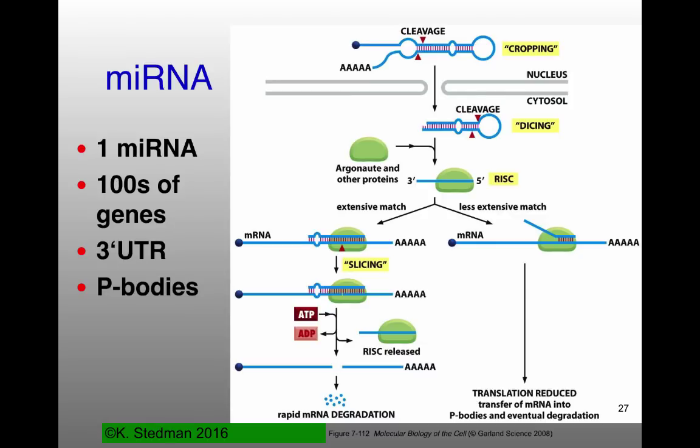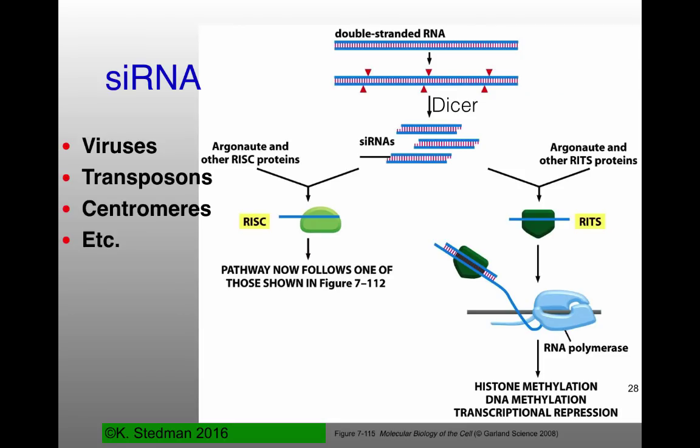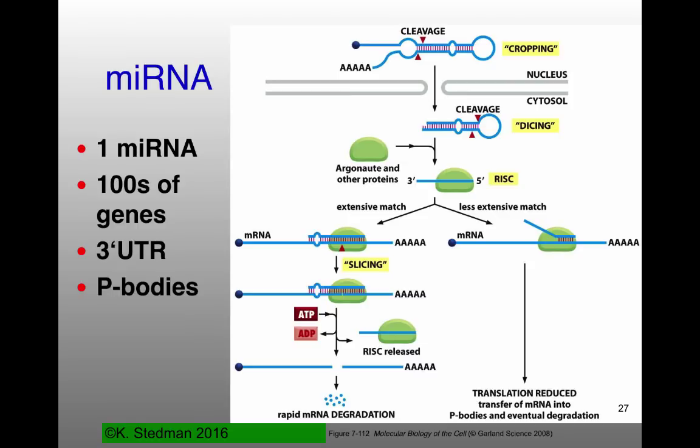MicroRNAs and small interfering RNAs. MicroRNAs are endogenous, so they're present inside the cell. There are genes that express these short RNA sequences. These are then processed, they get capped, they get tailed, and then they get chopped into smaller pieces. And these smaller pieces, this is going to be your microRNA that gets made, gets chopped by Dicer into a shorter piece of RNA that can either lead to RNA degradation or it can lead to suppression of translation, again, usually by binding in these UTR sequences through base pair interactions.